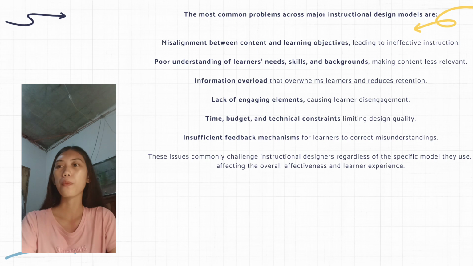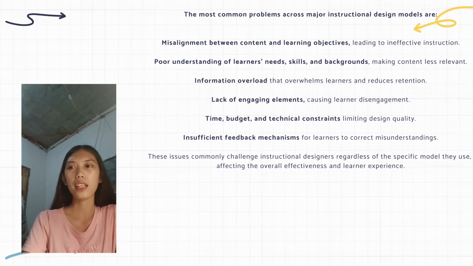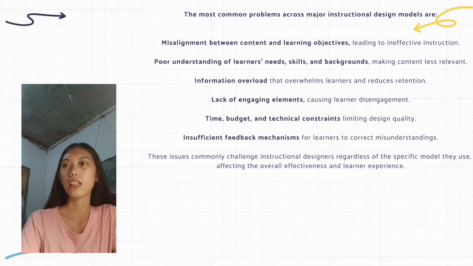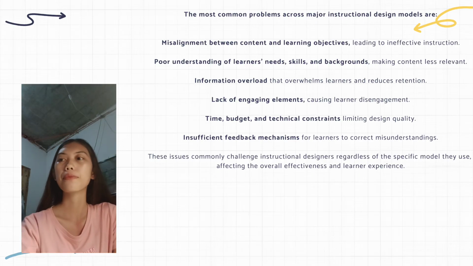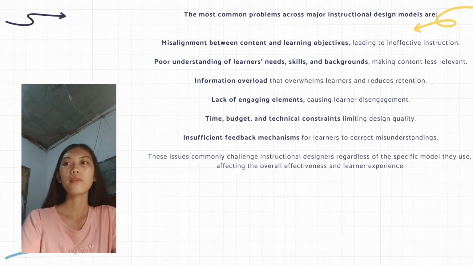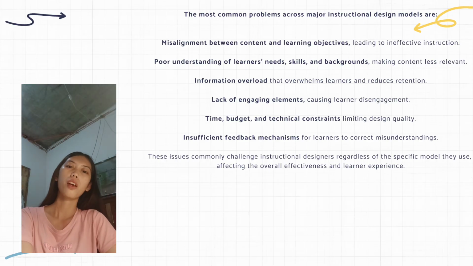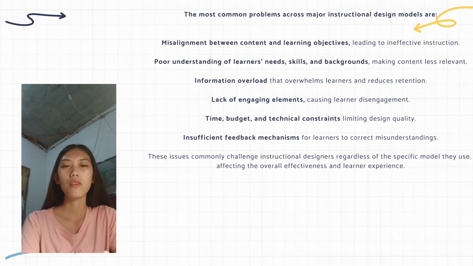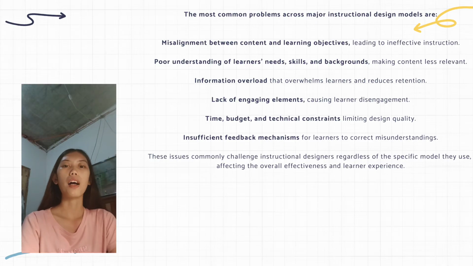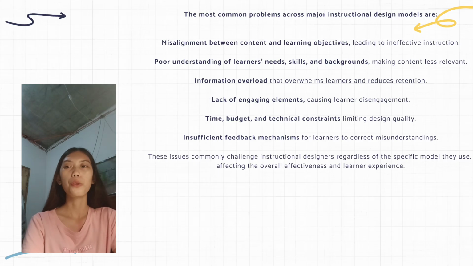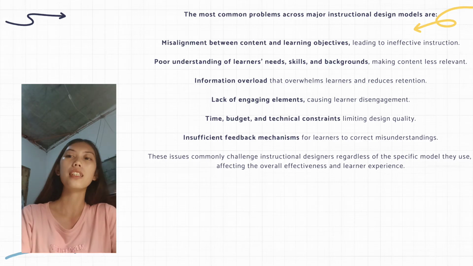Then on the budget too. Then insufficient feedback mechanism for learners to correct misunderstandings. So what is an insufficient feedback mechanism? Students really need to ask questions so that learners can clarify things. You really need to let them ask questions so they can understand. Then these issues commonly challenge instructional designers regardless of the specific model they use, affecting the overall effectiveness and learner